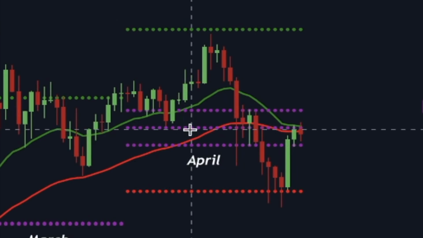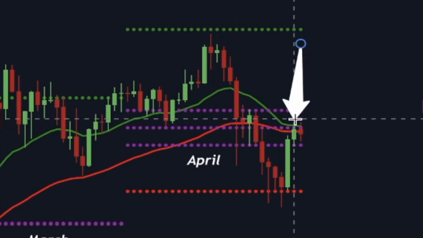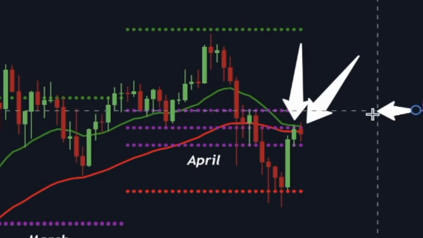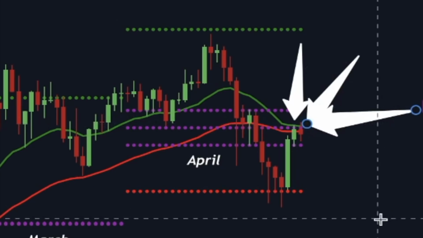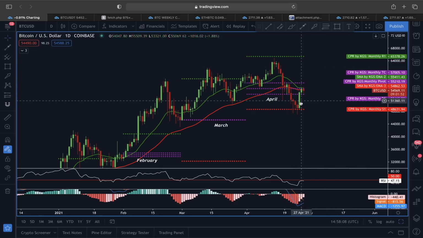red line is the 50 exponential moving average and the green line is the 21 exponential moving average. And along with the CPI line, these two lines are also acting as a very strong resistance. So now, if the price of Bitcoin wants to continue upward direction, we have to get out of this resistance line or at least find support above it, because if that's going to happen, the price of Bitcoin could see another impulsive move here in an upward direction.